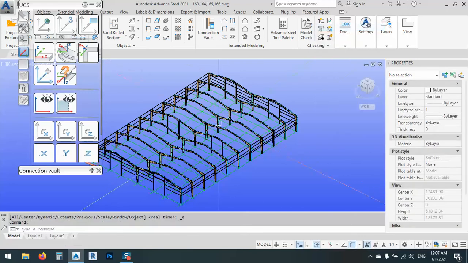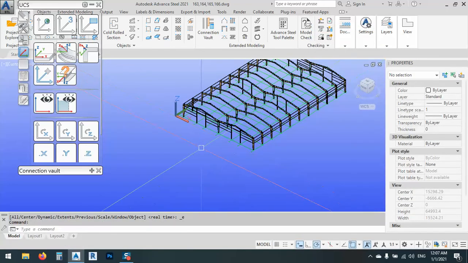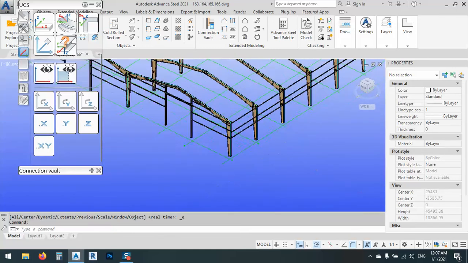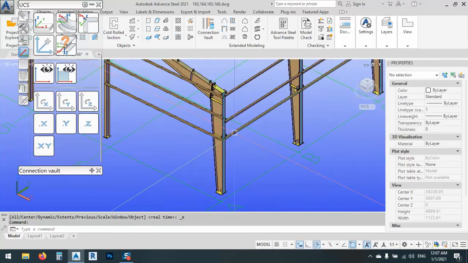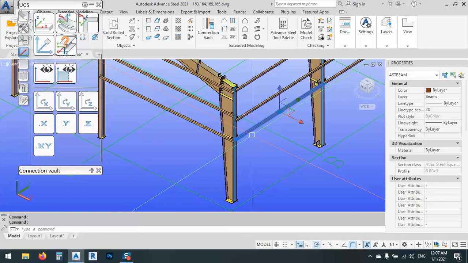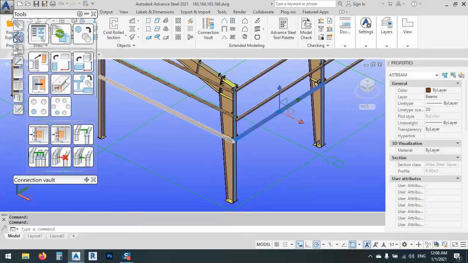And sometimes maybe when you are making an XY plane, we have four things. We need X filter, Y filter, Z filter, and maybe whatever we have. Okay, sometimes for example we want to move this one up to the midpoint of this one. It's again the same problem we have. So if I move this one up to the middle of this column, what I'm doing now is I just select this one